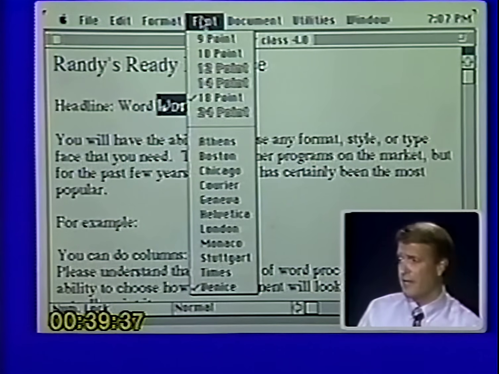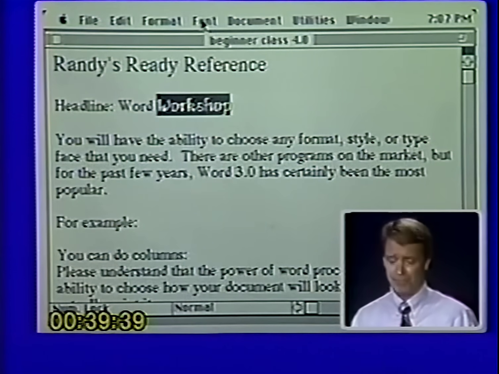Now those are done for a reason. Let me just explain this for a minute. When they created the Apple Macintosh computer, they realized that there were really roughly 250 spots in there for fonts. Apple themselves used 50 of those, and so it left you with roughly 200. Problem is that every font in every size is seen by the computer as a separate font. What that means is Times 10 is one font, Times 12 is another, actually Times bold is another, and so they quickly ran out of room.